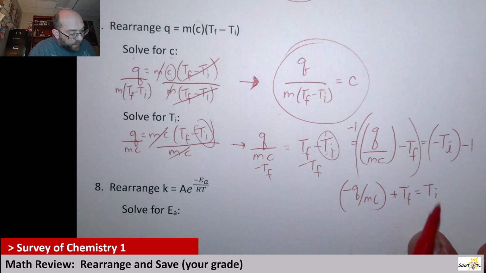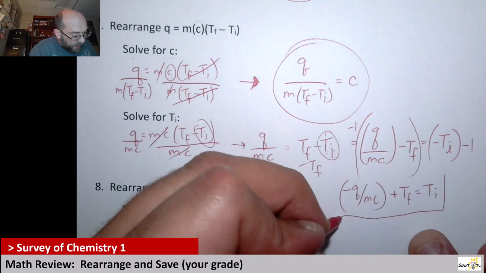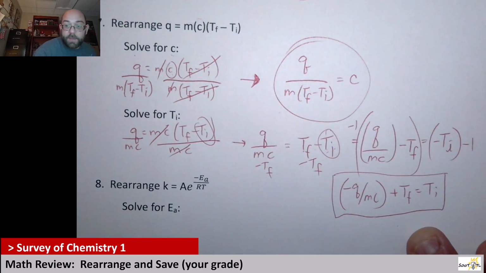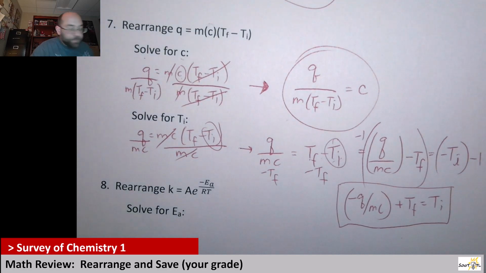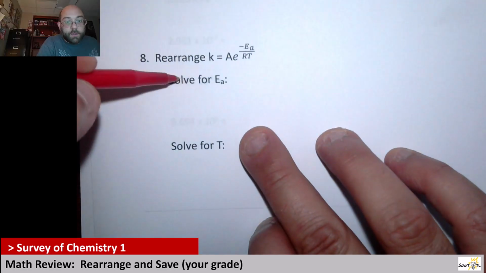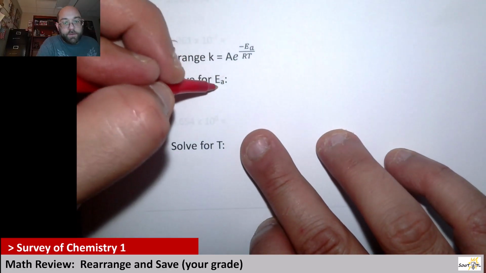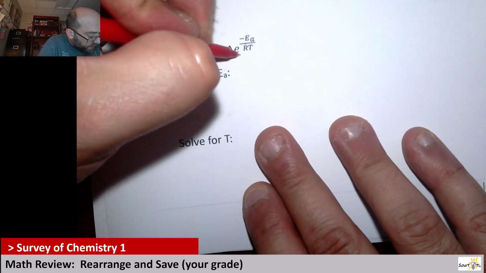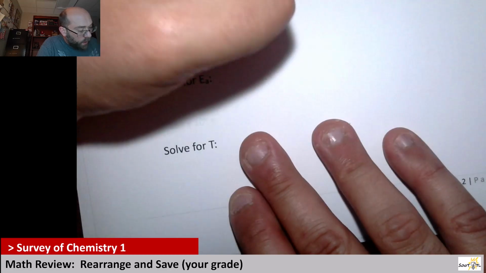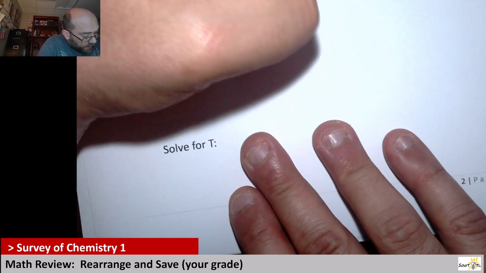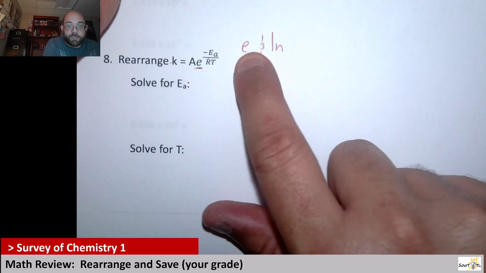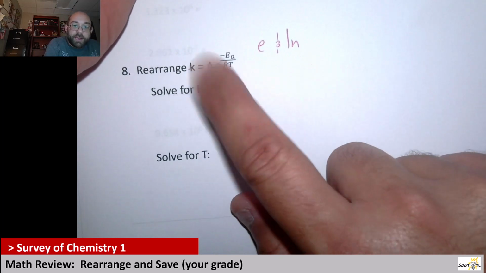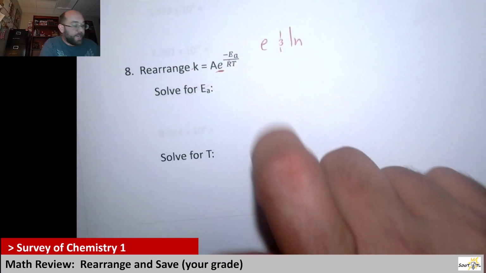So that would be it now that it's no longer a negative. Okay, cool. Next. All right, so when we look up here, we have to solve for EA. So in looking at what we have here, we've got this E variable. If you recall, E and natural log are inverses of one another. They're opposites. So to get rid of this E, we're actually going to need to take the natural log of